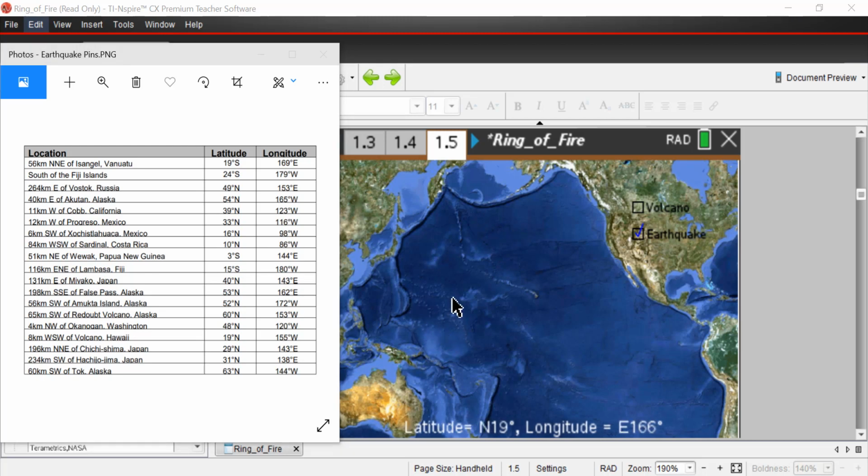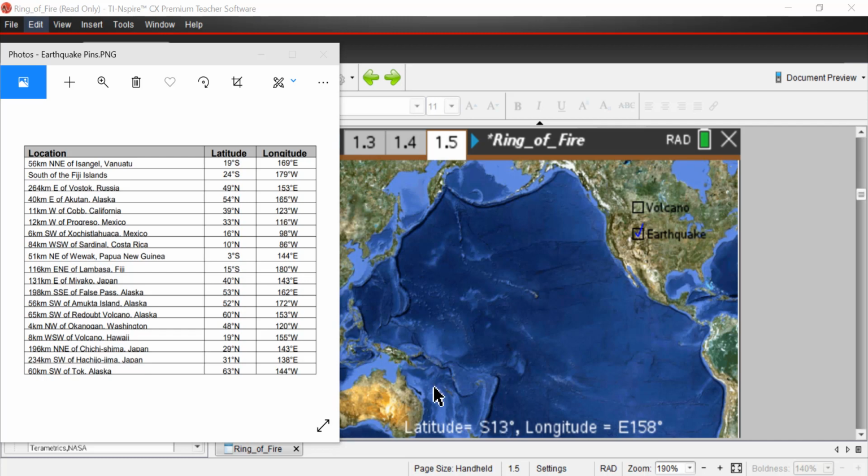All right, so the first point is Vanuatu, I think is how you pronounce it, and it's at 19 degrees south, which means south of the equator. So you'll see how it changes. See how the latitude right here? Watch it. So when I move up, it's north. When I get past the equator, which is right there, 0 degrees, when I go south of the equator, it changes from an N to an S,